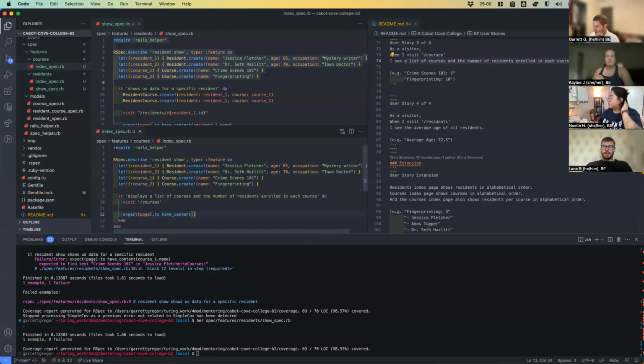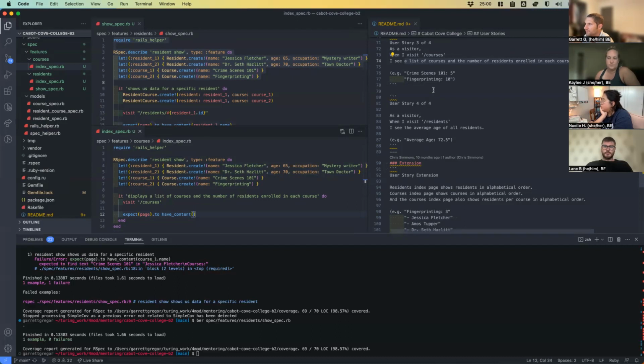And we'll want just crime scenes 101 :5 and then another expect page to have content fingerprinting :10. Okay, so what I'll say here is this is where it's going to come down to specifically how